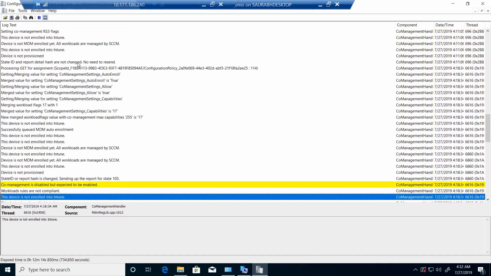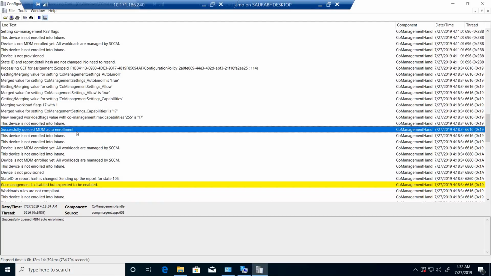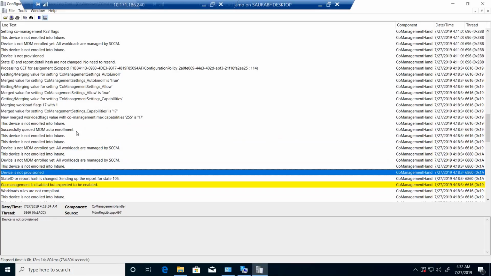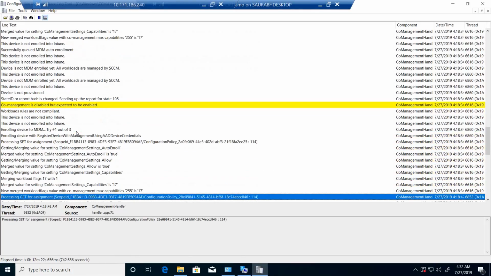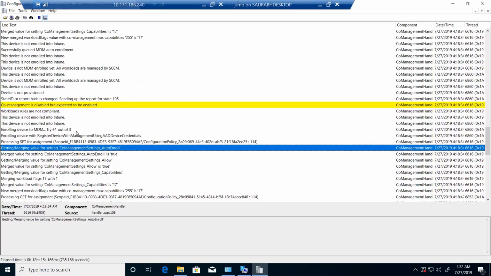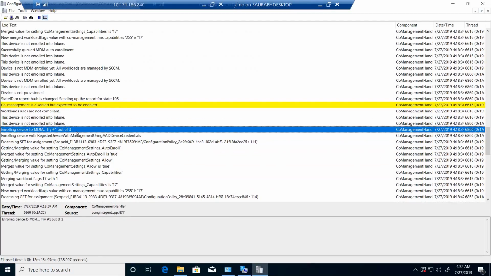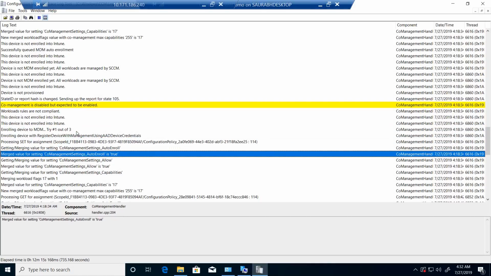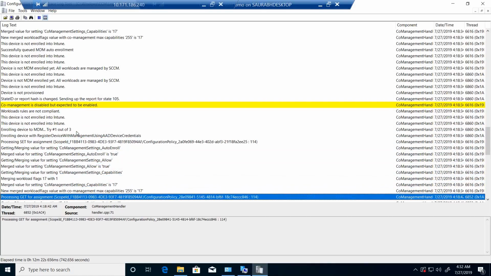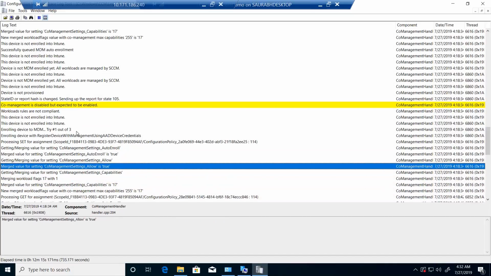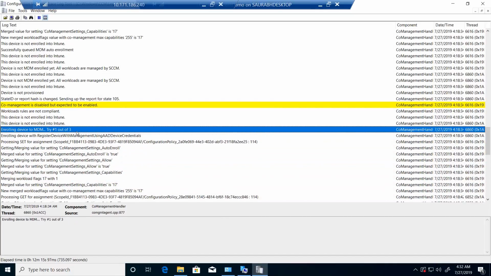At some point, the configuration policy will kick in, and that is when the device will get enrolled to Intune. All right, so over here you can see that the device is trying to enroll itself to MDM. The device tries a couple of times, and this is where you can see the configuration policy that I was talking about. The device is going to try to enroll itself to Intune a couple of times,